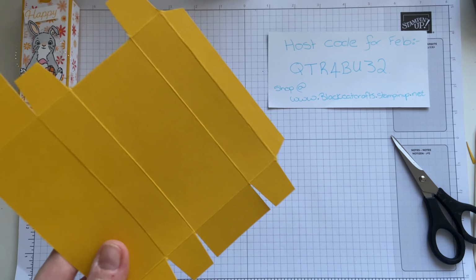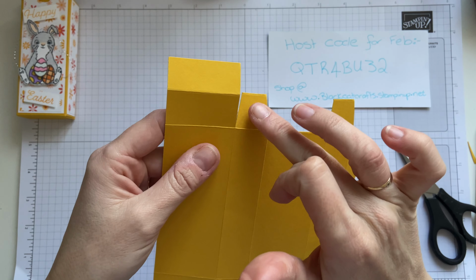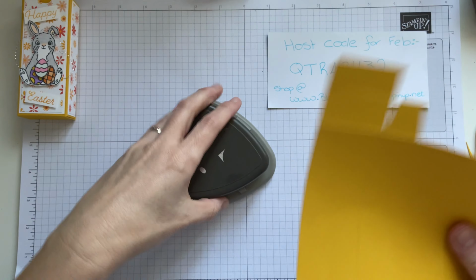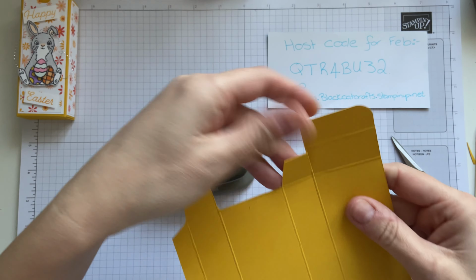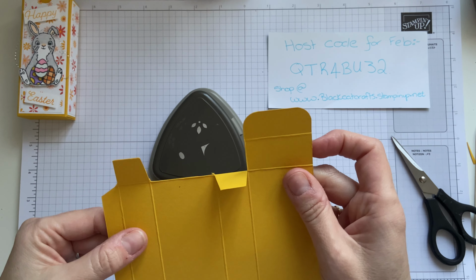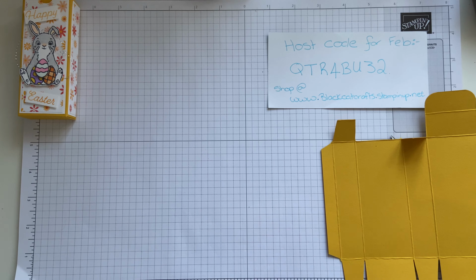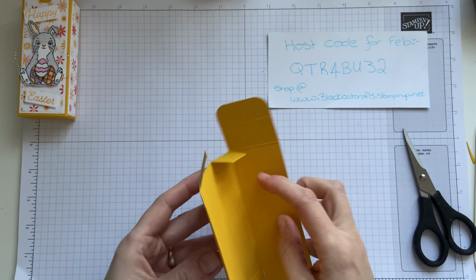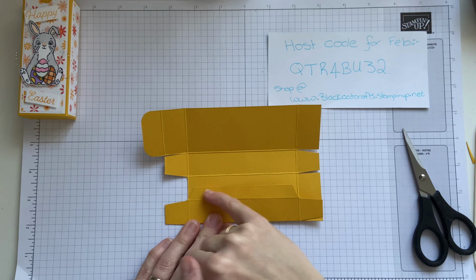Now, you can just chop in like we've done here to this bit here, but I'm going to round the corners on that, because that is our lid. Okay, so I'm going to fold that over. This thin piece here,